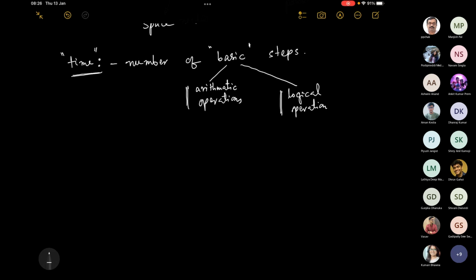Okay. I don't think this is what I was meaning, but under basic operations also, the most basic arithmetic operations that we teach to school kids, LKG, UKG, is what? Addition, subtraction, multiplication, division. Now we all know that addition is much simpler than subtraction. Subtraction is much simpler than multiplication. Multiplication is much simpler than division. And it is true. The best algorithm known to add two numbers is faster, takes less